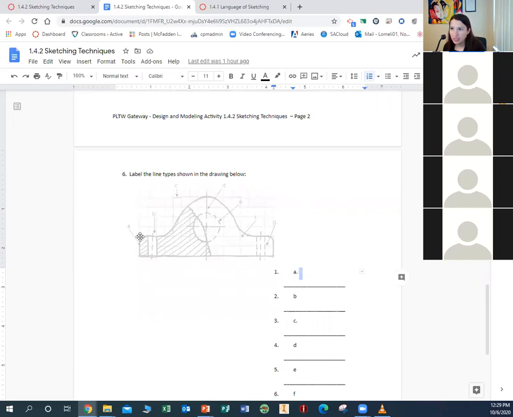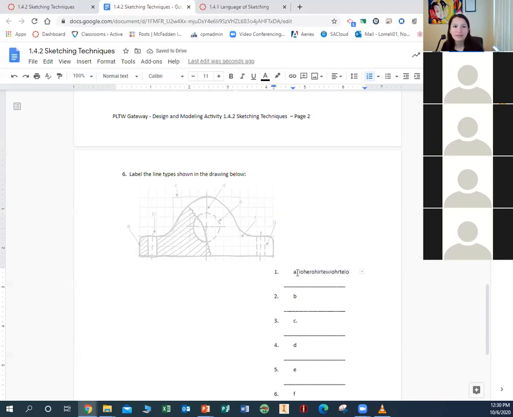letter A is pointing to this line right there. Letter A, do you guys see it? What would we call letter A? Letter A is an example of what kind of line? A construction, object, hidden, or center line. Object. It is actually pointing to the exterior part of the clock, which is an object line right there. Letter A is an object line on the worksheet. Not the same as the PowerPoint. They're different. It's pointing to the outside part, letter A. Now, I know this is kind of light in general, but that object line is way darker than the construction line. So you would type in here, object line,